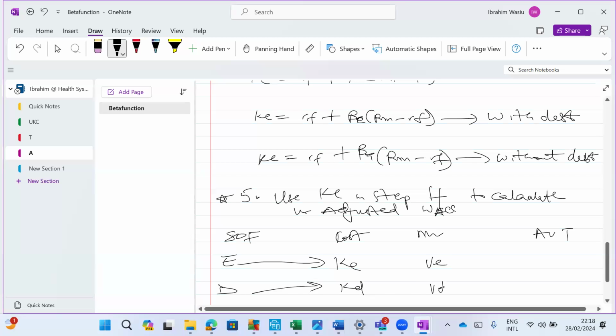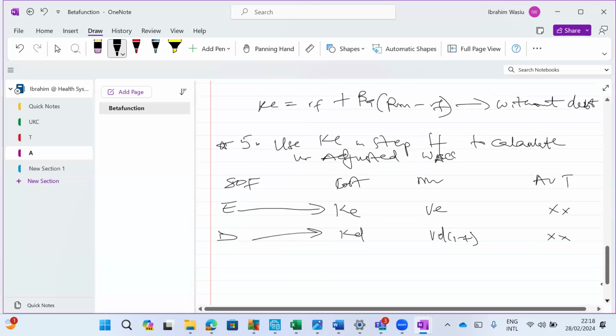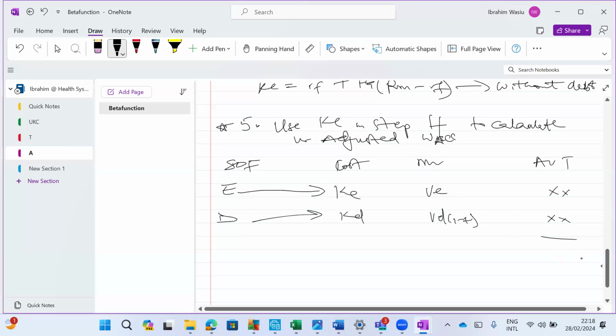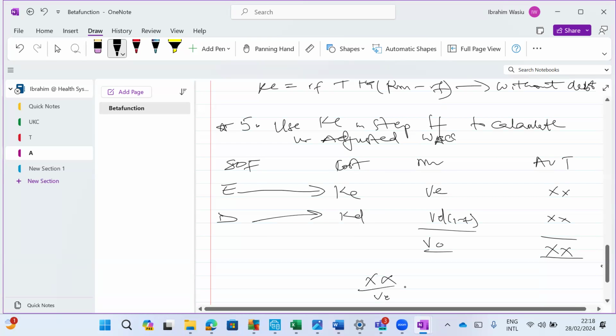Value of debt, you put it here. Then multiply them together, you get the results. You get your total. So you do your total over VO times 100. So this is your adjusted